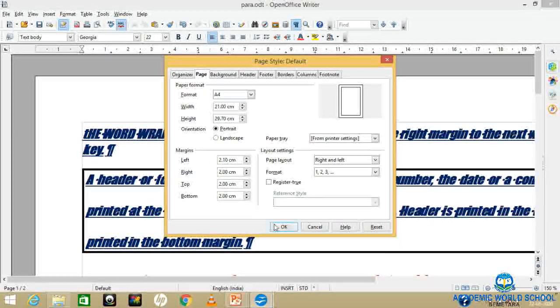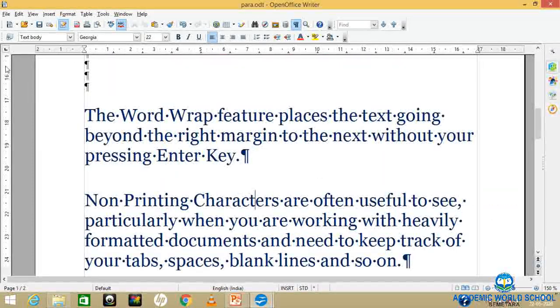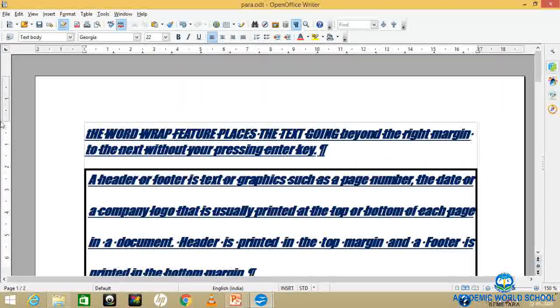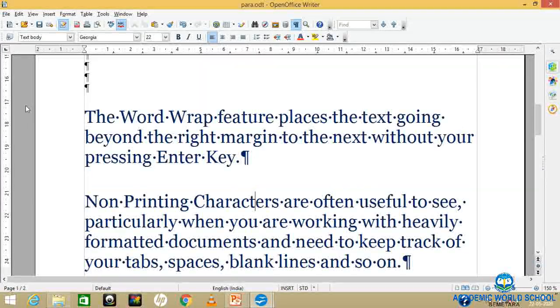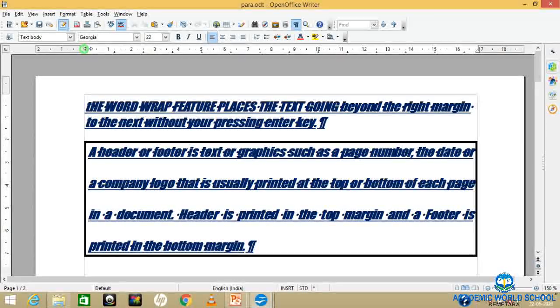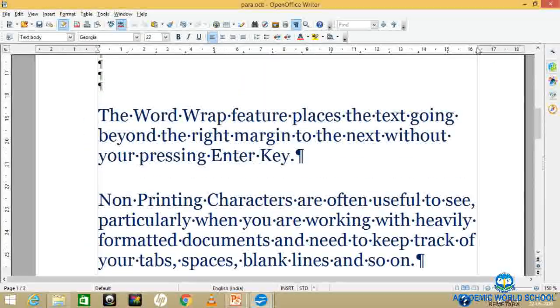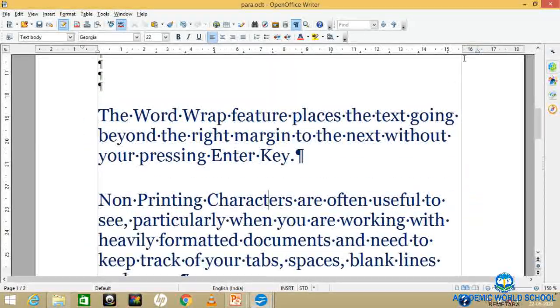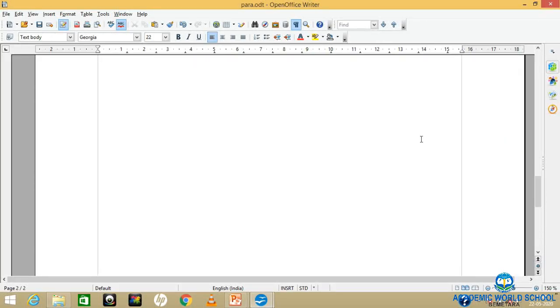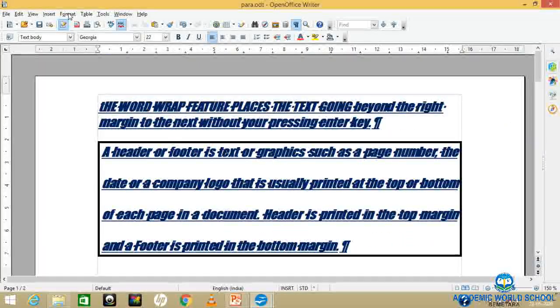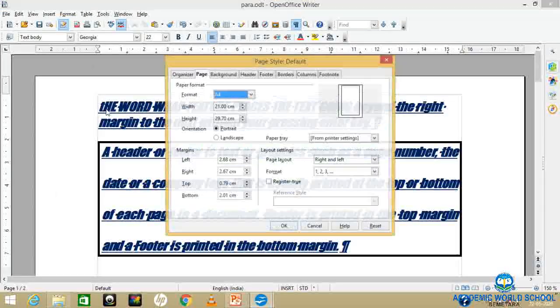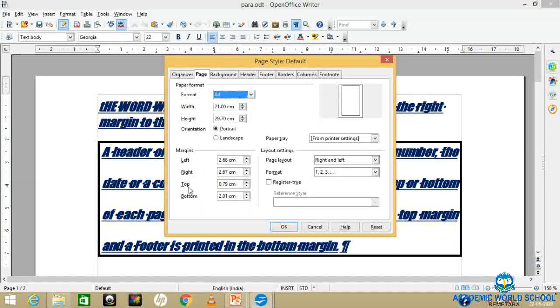Now there is the orientation of the page. Orientation means you can use this page lengthwise as well as widthwise. So portrait and landscape, there are two options used for this, lengthwise and widthwise.